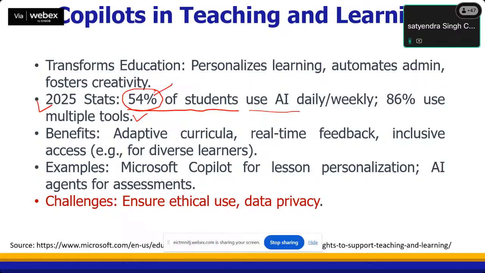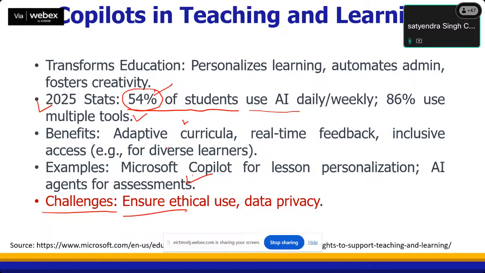So these co-pilots basically help with research, idea generation, and other practices. And you can use those co-pilots for lesson personalization and assessments. However, that also brings various challenges, and I'll show you one example where it becomes